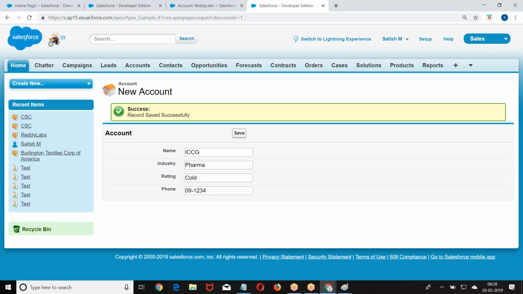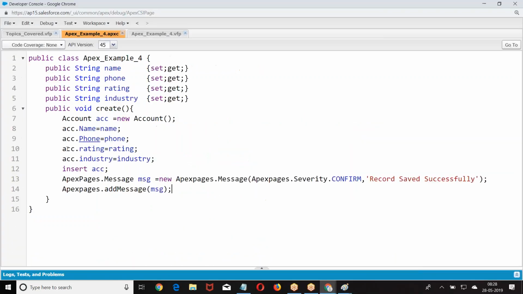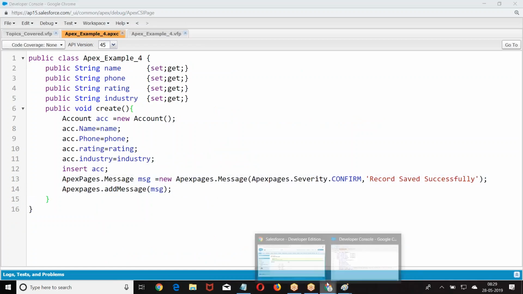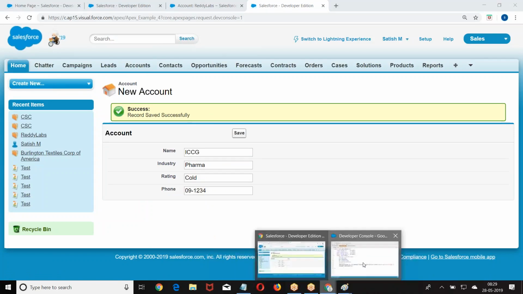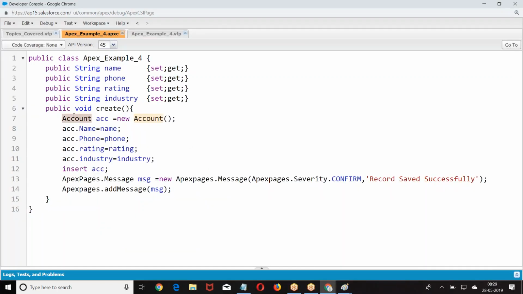Prior to this, let us practice one more example. Then I'll discuss the topic in the next session. Unless you show me whether it's saved or not, it will not be easy for me to understand, so I just created this example. This topic is not covered; we'll cover it in the next session. Meanwhile, let us take one example of inserting a record into one of the tables. Was the example clear? So what is the account? Account is a predefined Apex class referring to the account table created in the database.